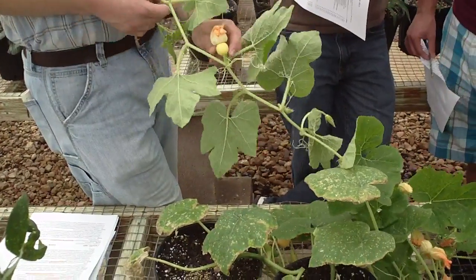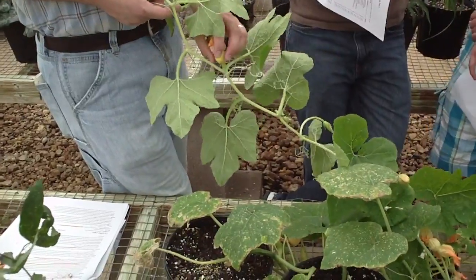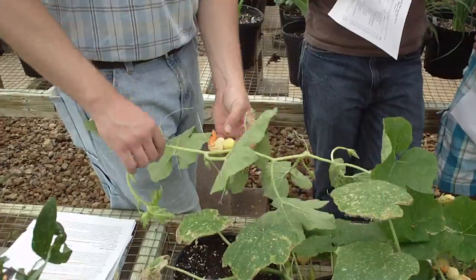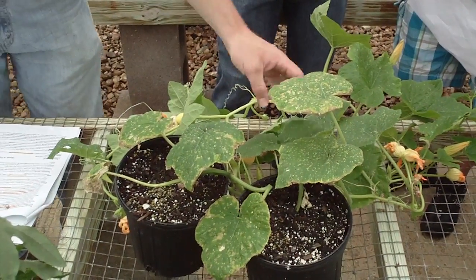Another interesting point, does anybody actually know what a pumpkin is? Botanically, it's a berry. Oh. Yep, there you go. All right, so look for those, sort of